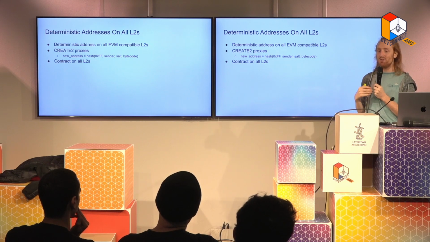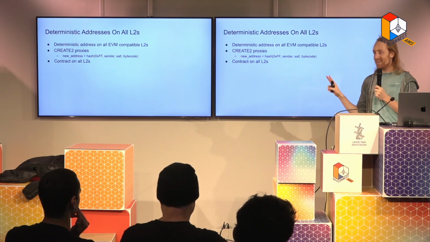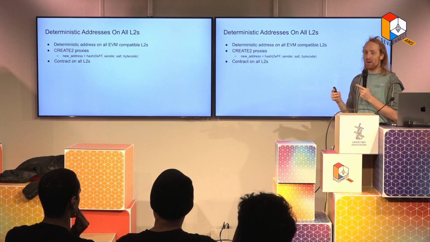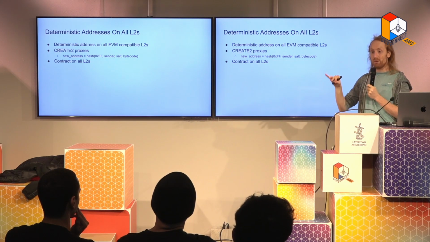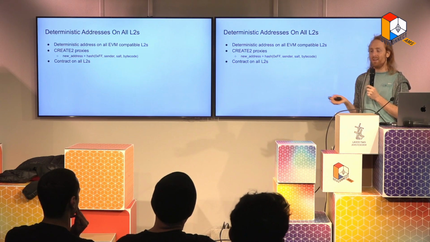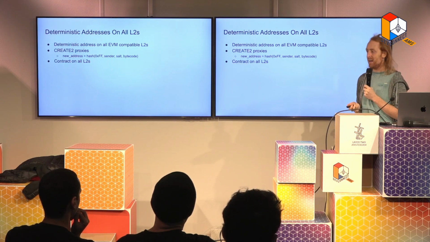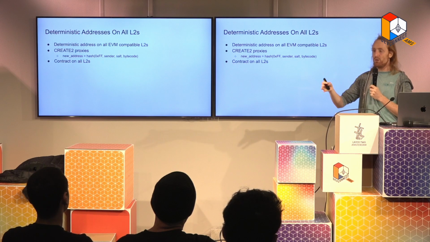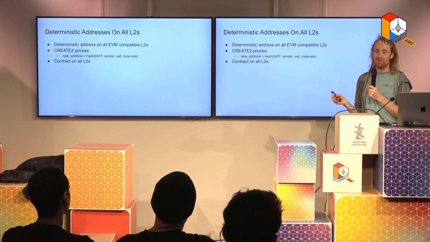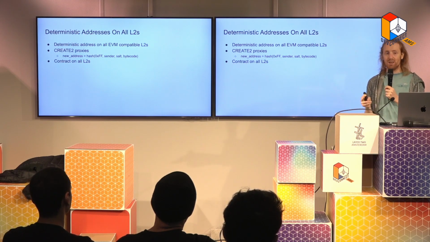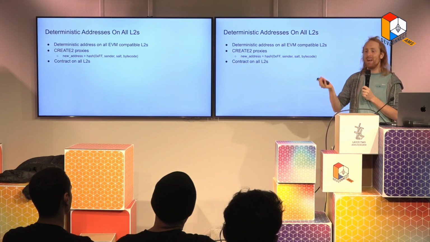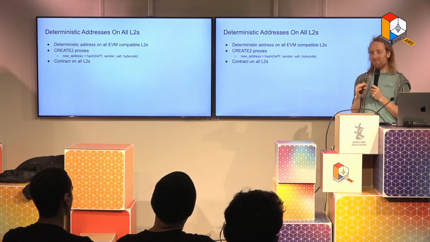And then users, if I deploy, okay, so there's two really nice use cases for this. One is if I'm deploying an application on a couple of different places, I can have the same address. And that's just nice because it's less stuff to verify, and it's easier for users to check and to send transactions and those kind of things. The second place where it's really useful is if I have a smart contract wallet, I want to have the same address everywhere, right? That's just really, really easy.